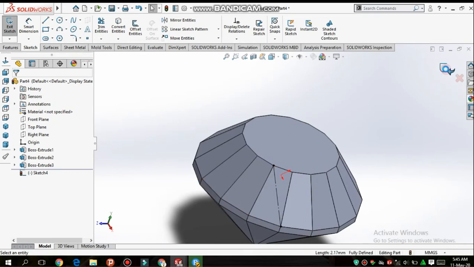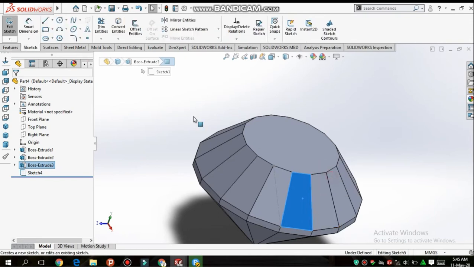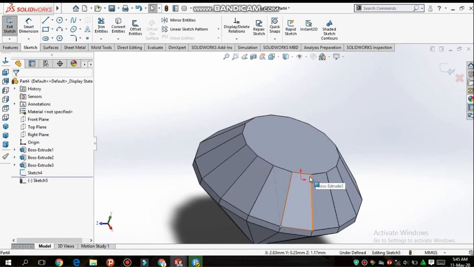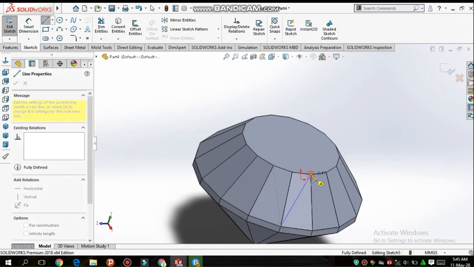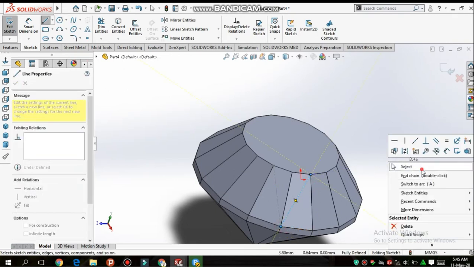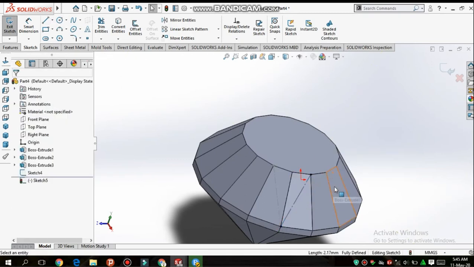Now exit from the sketch, again select this face, sketch, again select the line command and draw a line from this point to this point. Exit from line. Now select this line and make it construction geometry. Now again exit from the sketch.